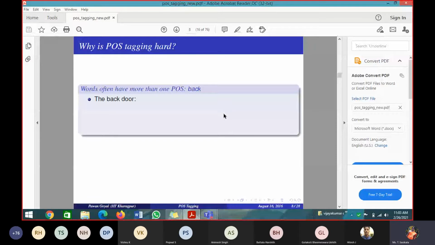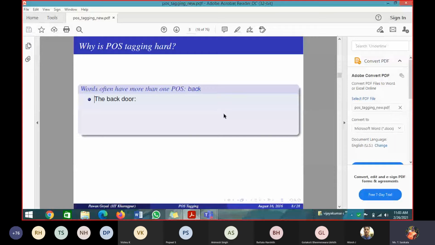We are saying it is so hard because each word can have multiple POS tags. So finding out which is the correct POS tag for the word is hard, because we have a tag set and a corpus. Simply we could give that tag set to that corpus and the system would automatically assign. But as Vishnu said, a word will have multiple POS tags. That is what is shown here.